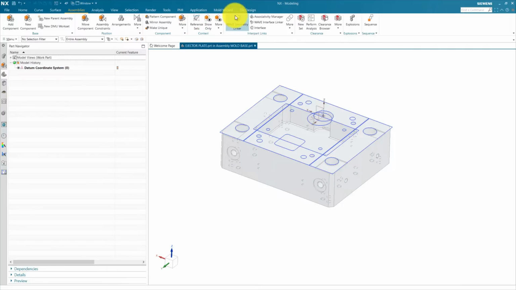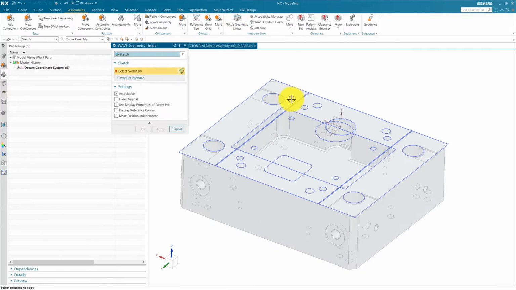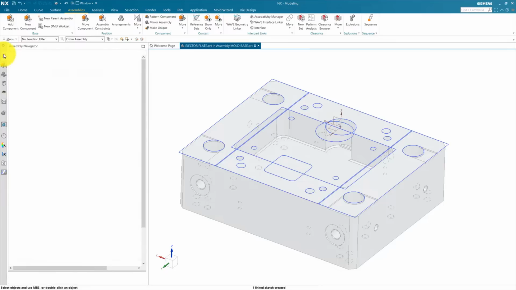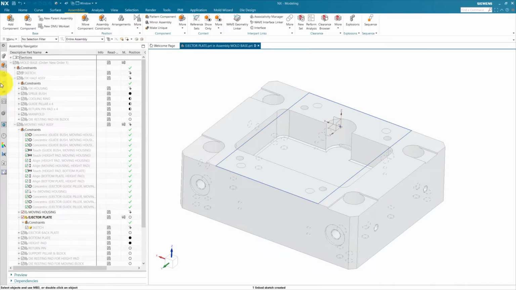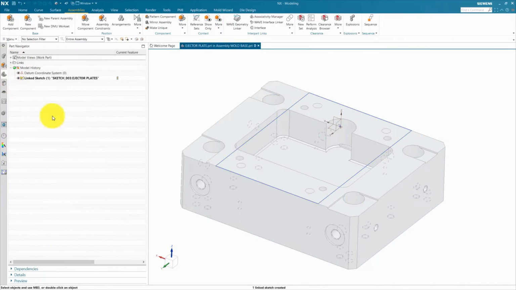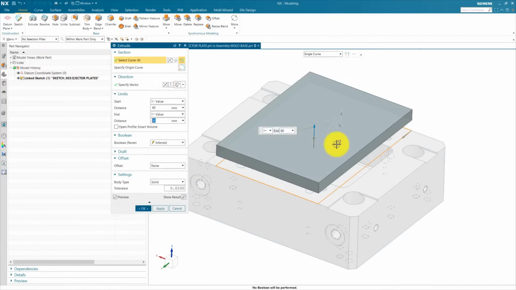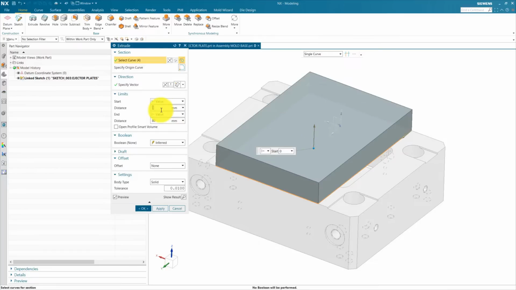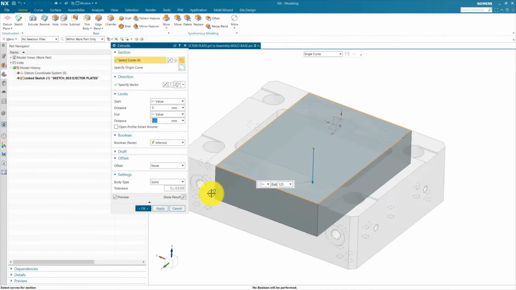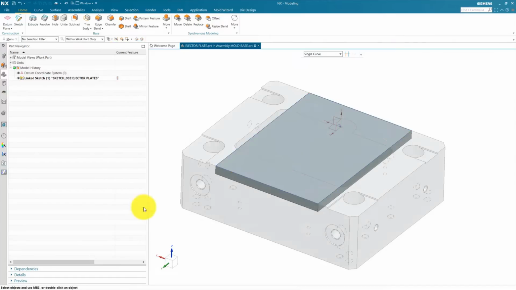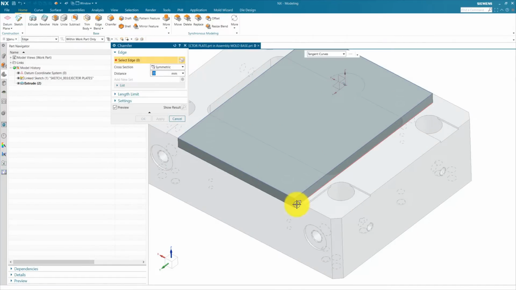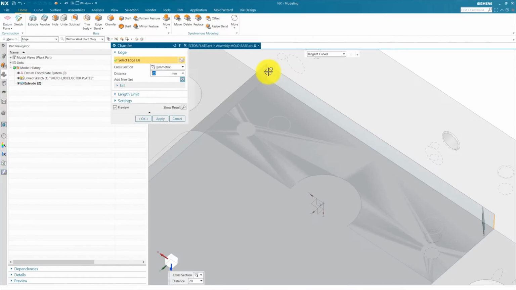So go to assembly, wave geometry linker, select sketch. This sketch is used for our ejector plates. Okay, now go back and hide this sketch. Go to part navigator. Now we are going to extrude this sketch. Go to home, extrude, select this sketch, make the starting offset 0. We are going to create a thickness this side, use 30 mm thickness. Press okay. Add some chamfer, 20 mm chamfer.